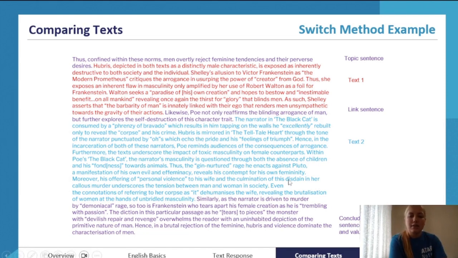So this is analysis again of our second text. Noticing here, it's not 50-50 like we would want. There's quite a lot more for Poe, but this is not a problem. You can do this in your essays as long as you fix it in your further paragraphs. And similarly, in my next argument, I would just try to have more analysis of Frankenstein and a bit less analysis of Poe to balance it out.